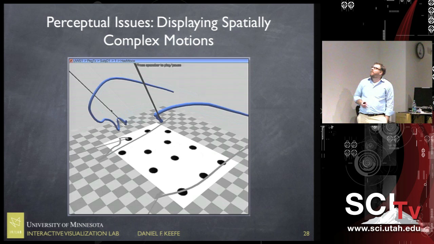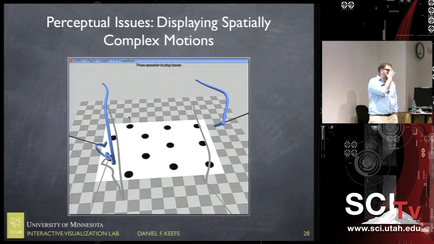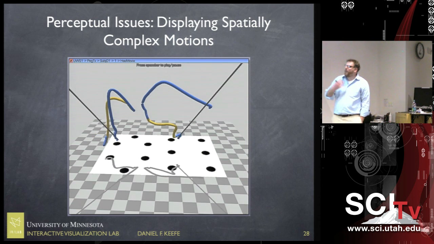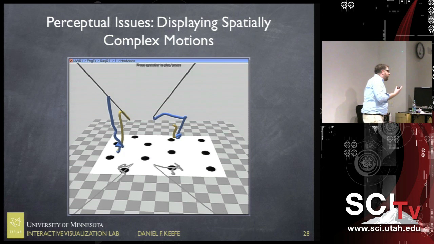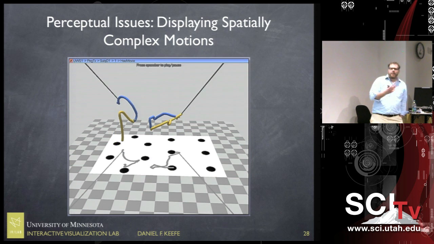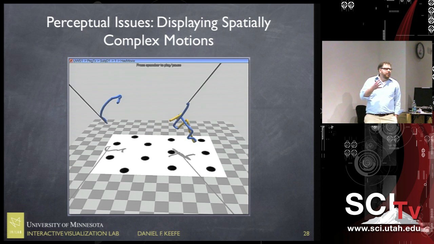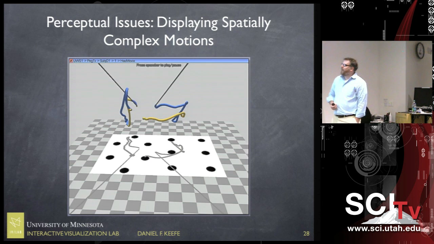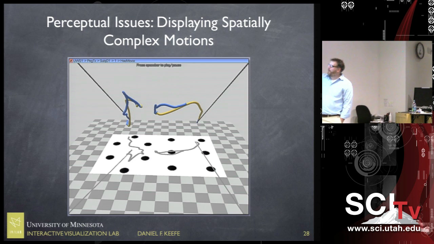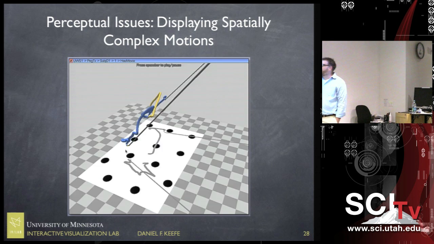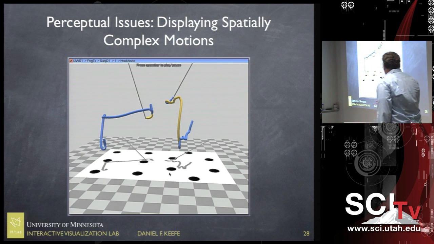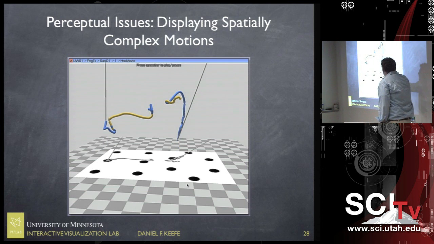So how do you display spatially complex motions? And again, here are some trajectories from the surgery, but this work is also relevant to biomechanical analysis. We're working with pretty complex spatial patterns. And so you start thinking, and this is sort of the first attempt, we've got some shadows and things like that, but even with this display, you're not really getting